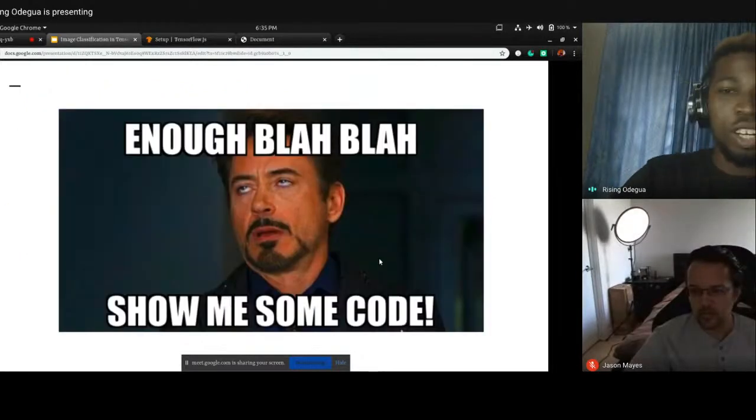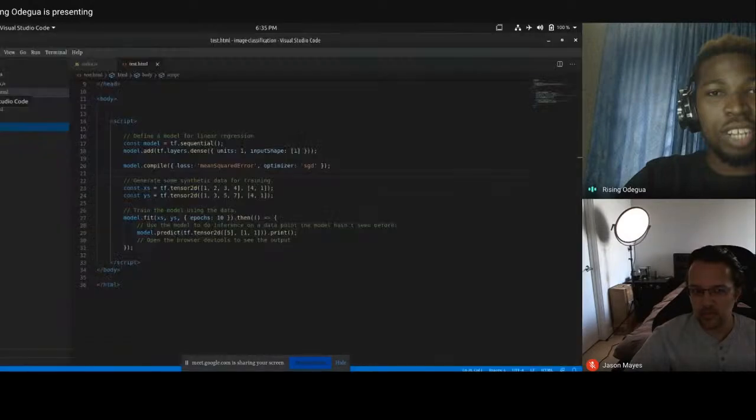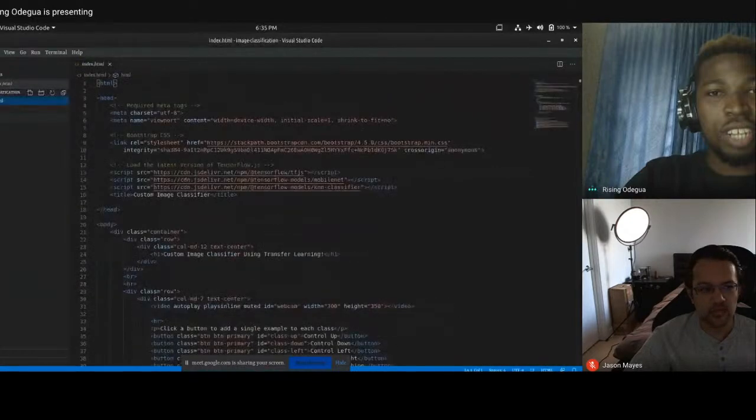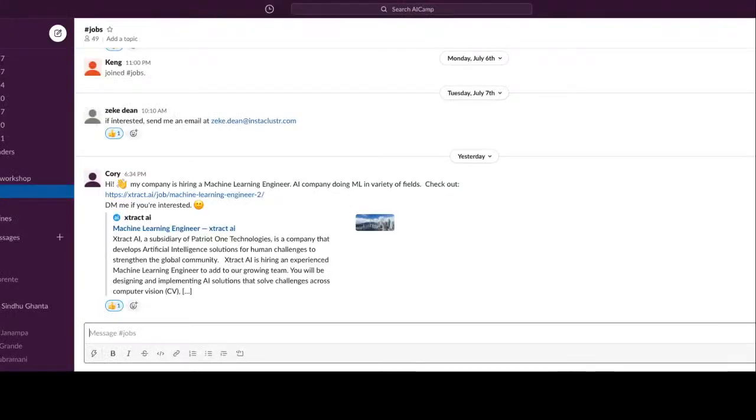So enough talk. Let's see some code and let's see this in action. So I'm going to switch to my VS Code. I'm going to move this. Okay, so probably I'm not going to be writing everything from scratch. So I already have the app here, so that we won't waste much time. But it's very easy. I'm going to explain every part of it.